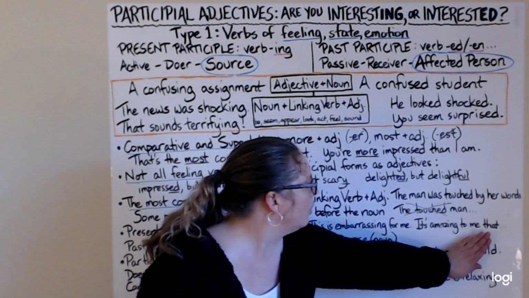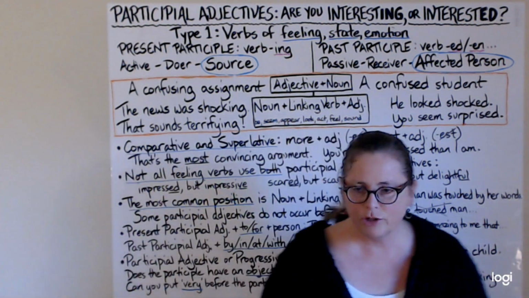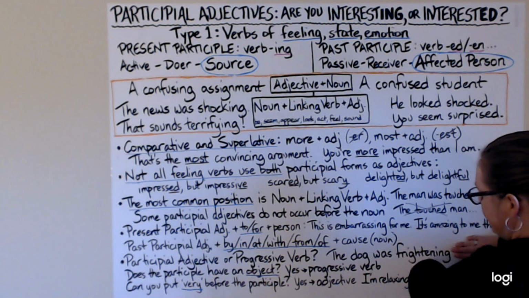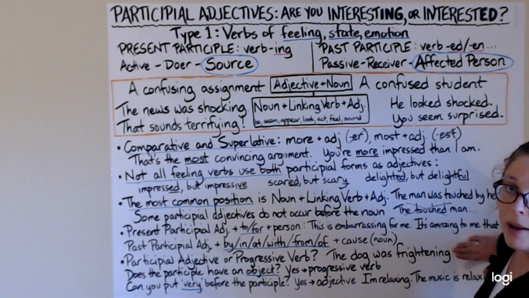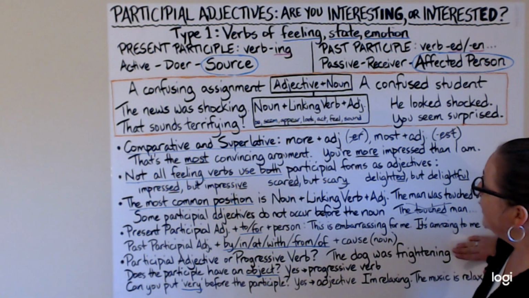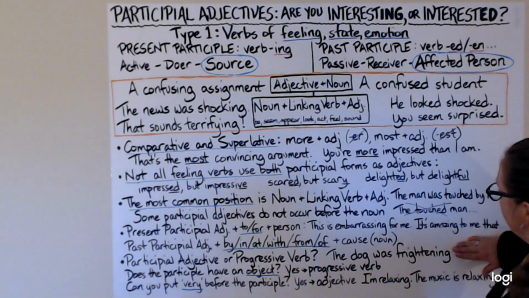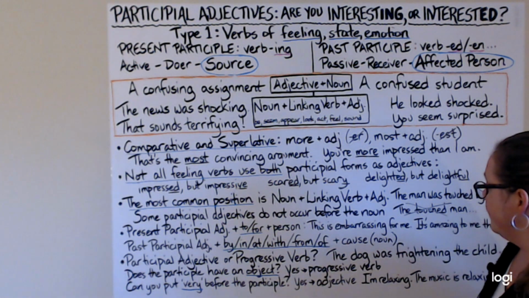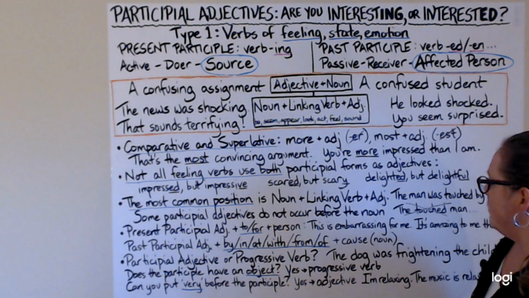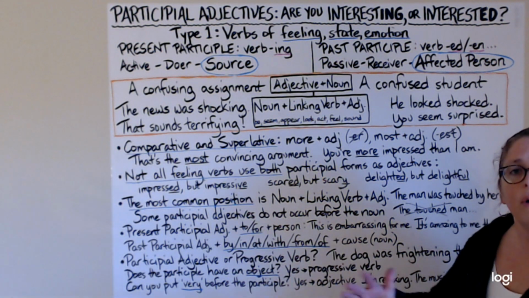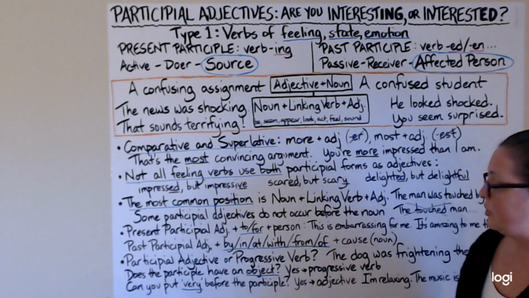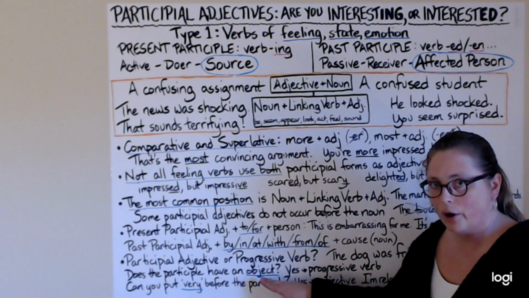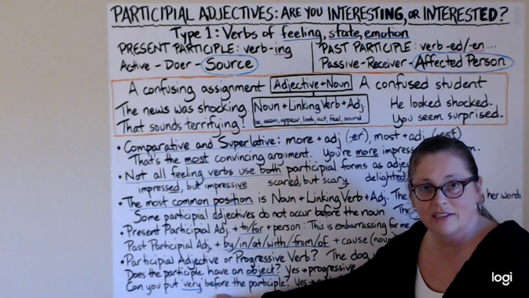But what if you take out the child and just say, the dog was frightening, period. Now, frightening is an adjective describing dog. So now it is a participial adjective. We just changed the grammar function of this word. There are some verbs that can be transitive or intransitive, and so this particular test might not work with that. So then we have another test that we can use.